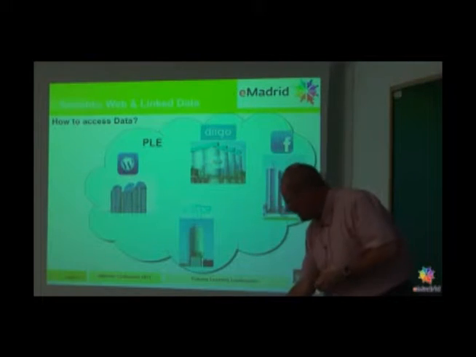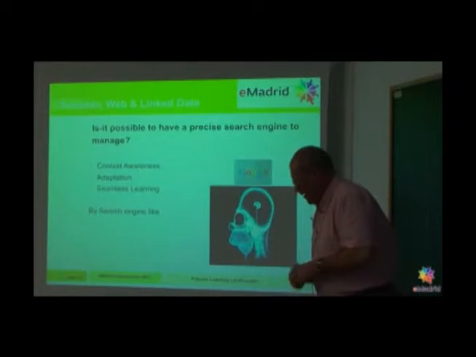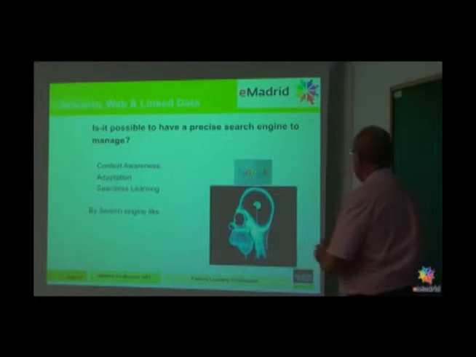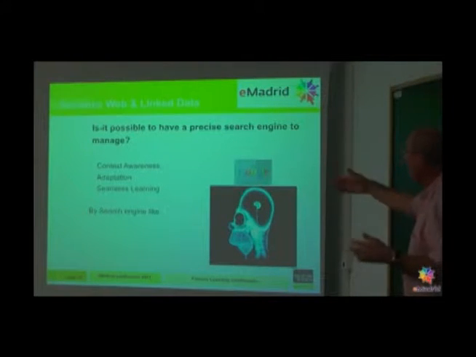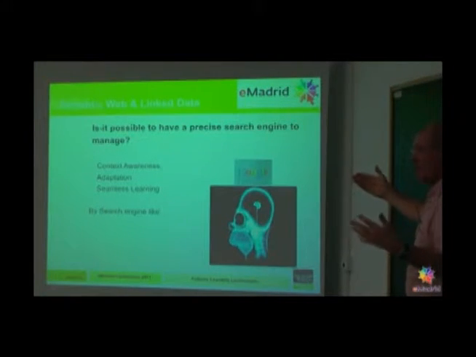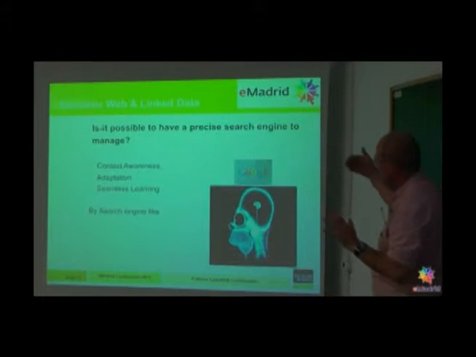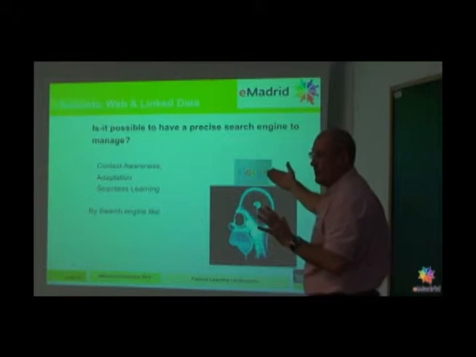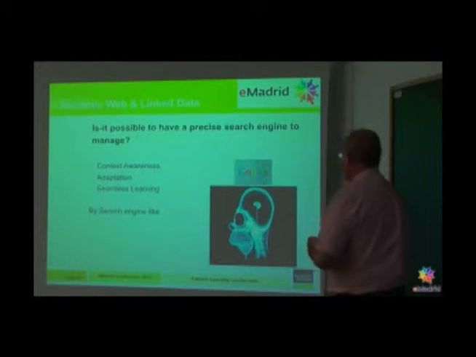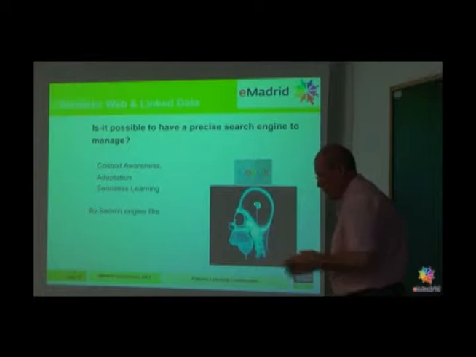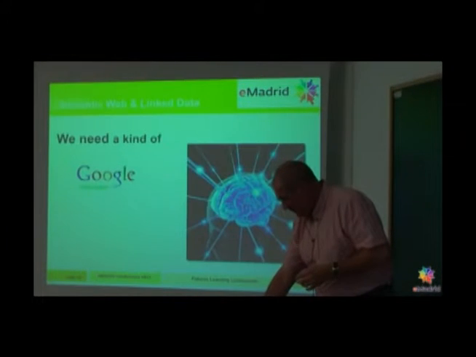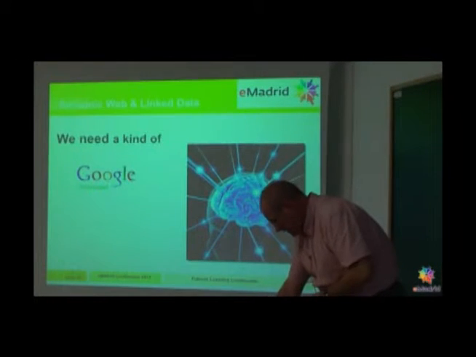Then how could we deal with that? Is it possible to have a precise search engine to manage context awareness, adaptation, seamless learning? Because you need to have two things. A very precise search engine to be able to retrieve the relevant information, sufficiently precise to make context awareness and also adaptation. Okay? Then if you are using Google, you have here the size of the